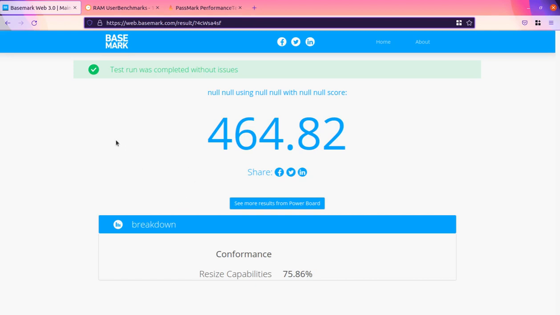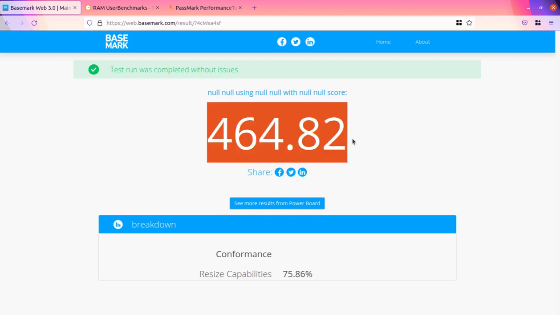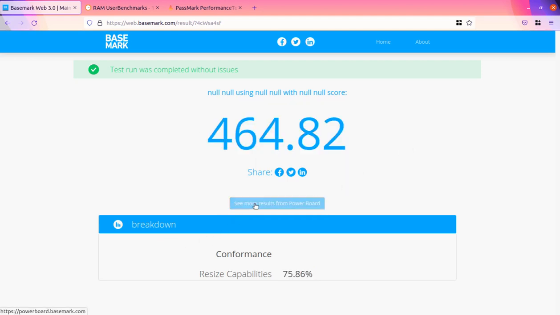And the final screen is here for this PC which I am using. This says the test run was completed without issues. So this is showing the resize capabilities of 75.86%, and this is the overall score, and this is the background.